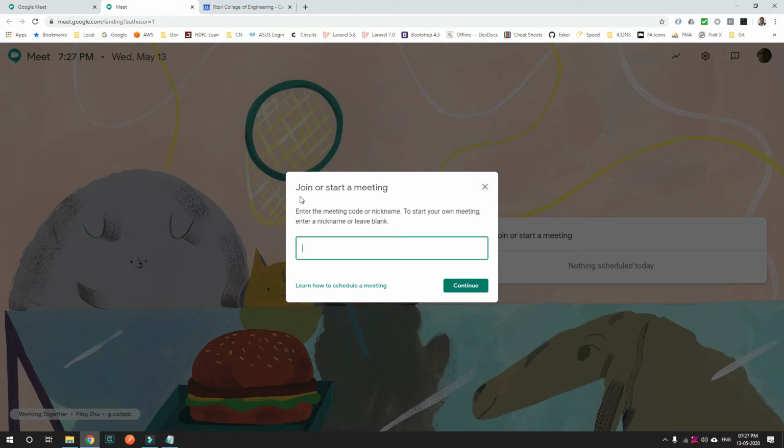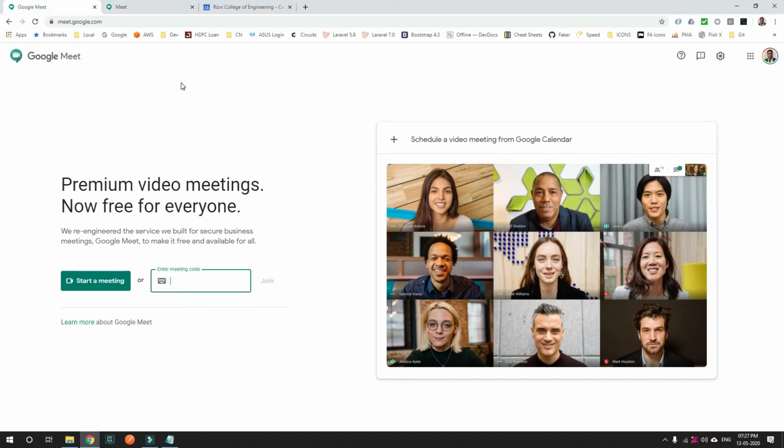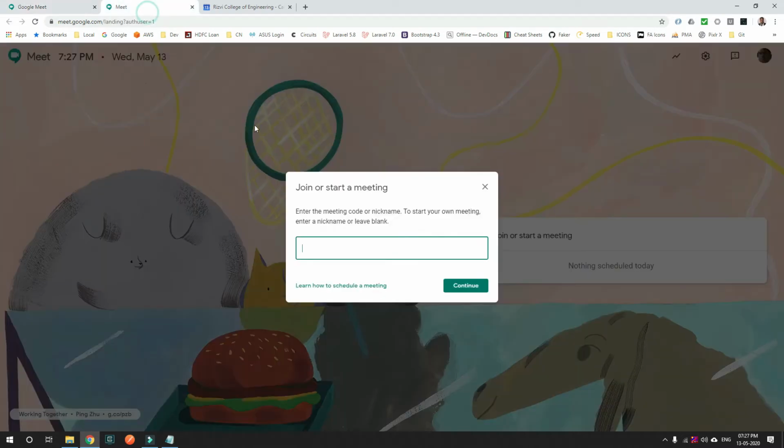Another freedom that you get is the number of simultaneous connections that is allowed. If you are a free user, that is you're using a personal account, then you will be getting somewhere around 25 to 50 connections, whereas if you are on a corporate or an educational account, you will get around 250 simultaneous connections. So let us begin.